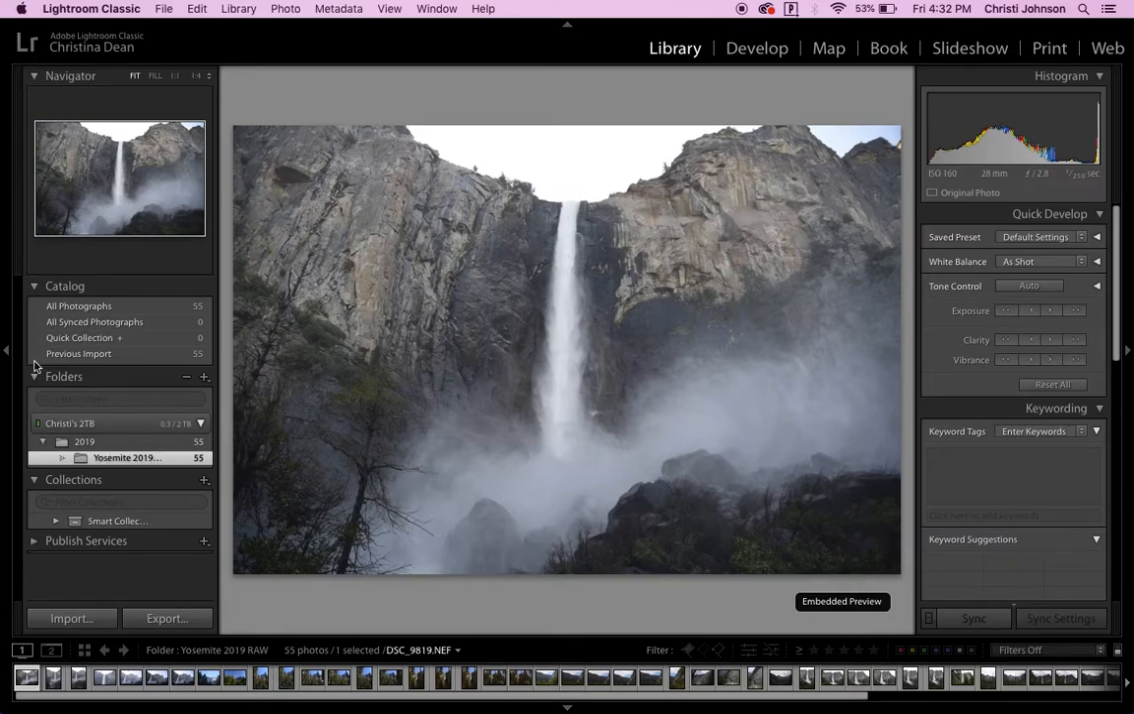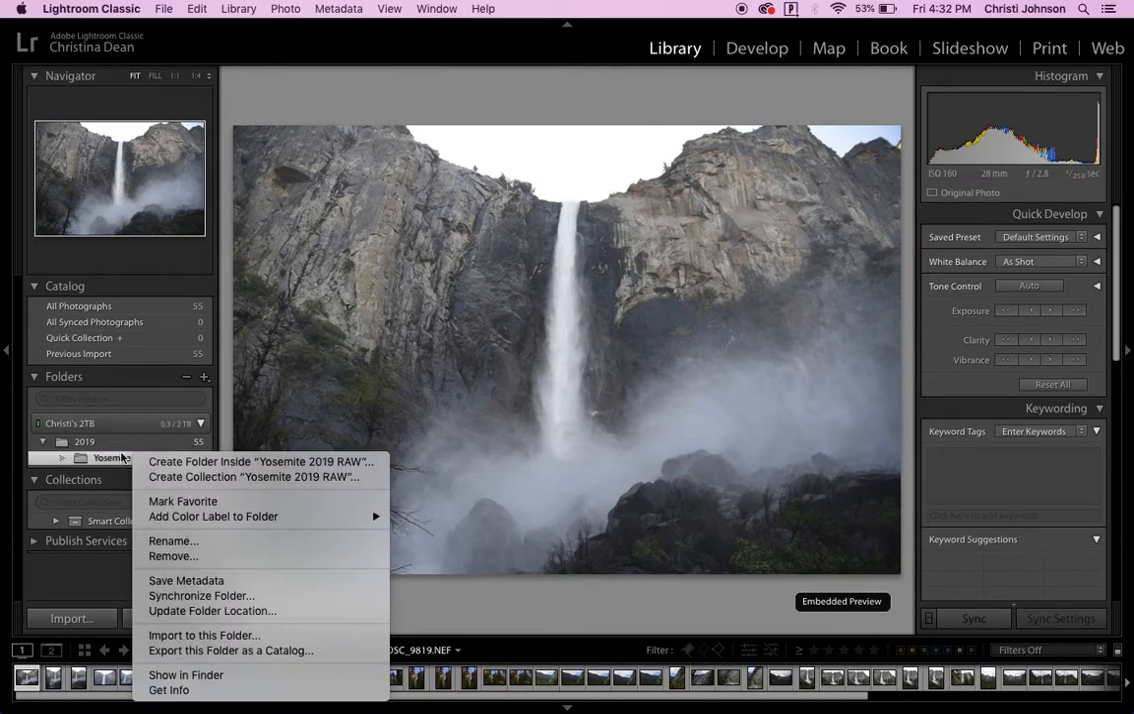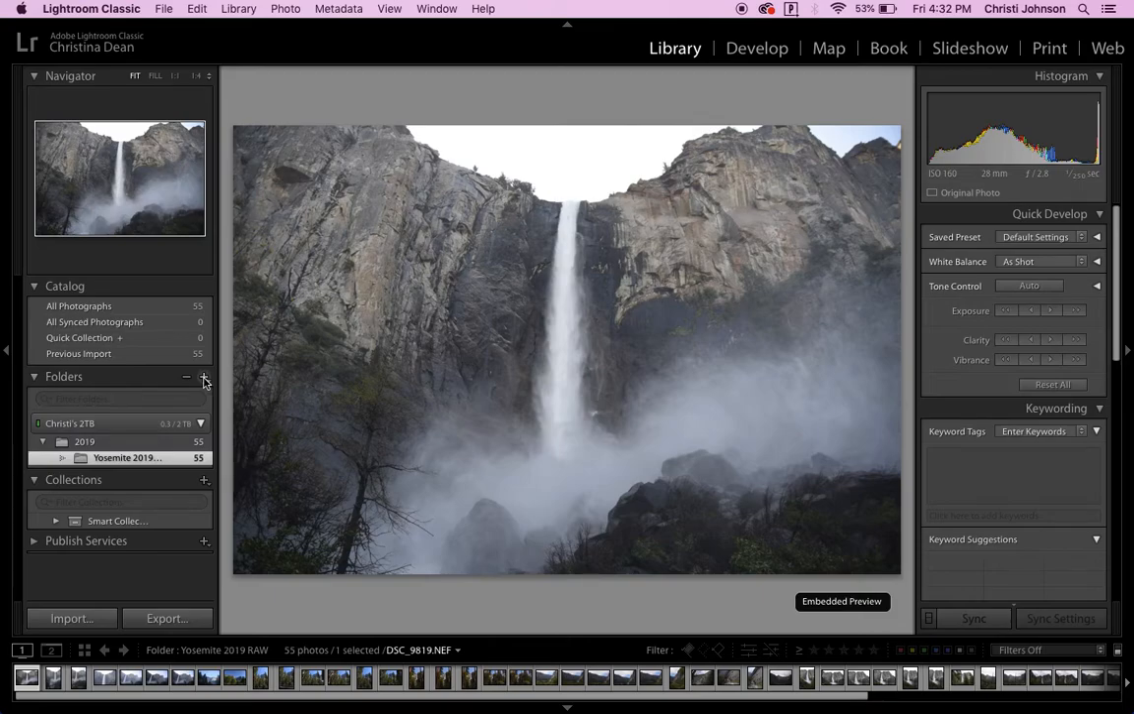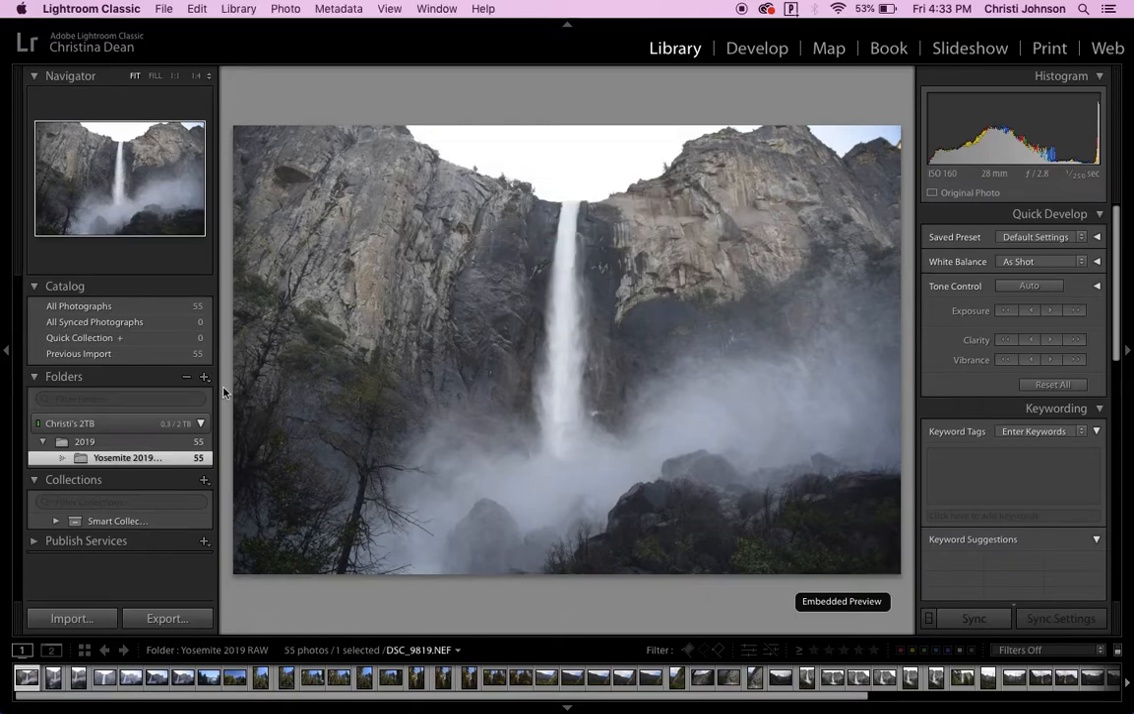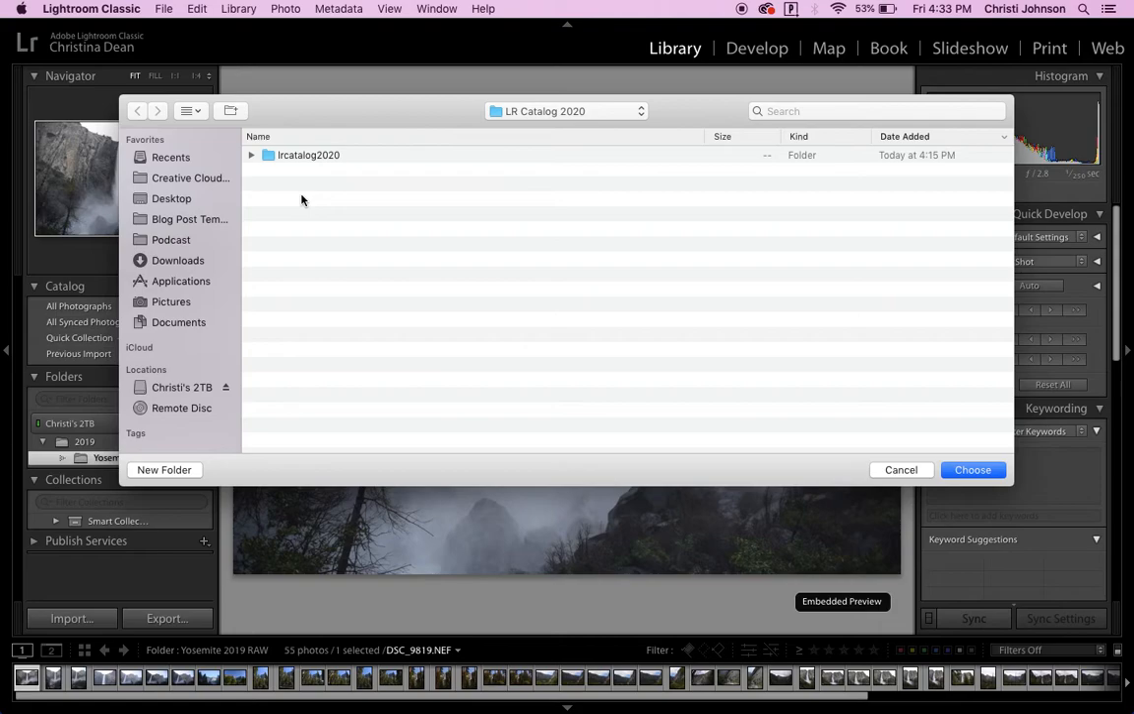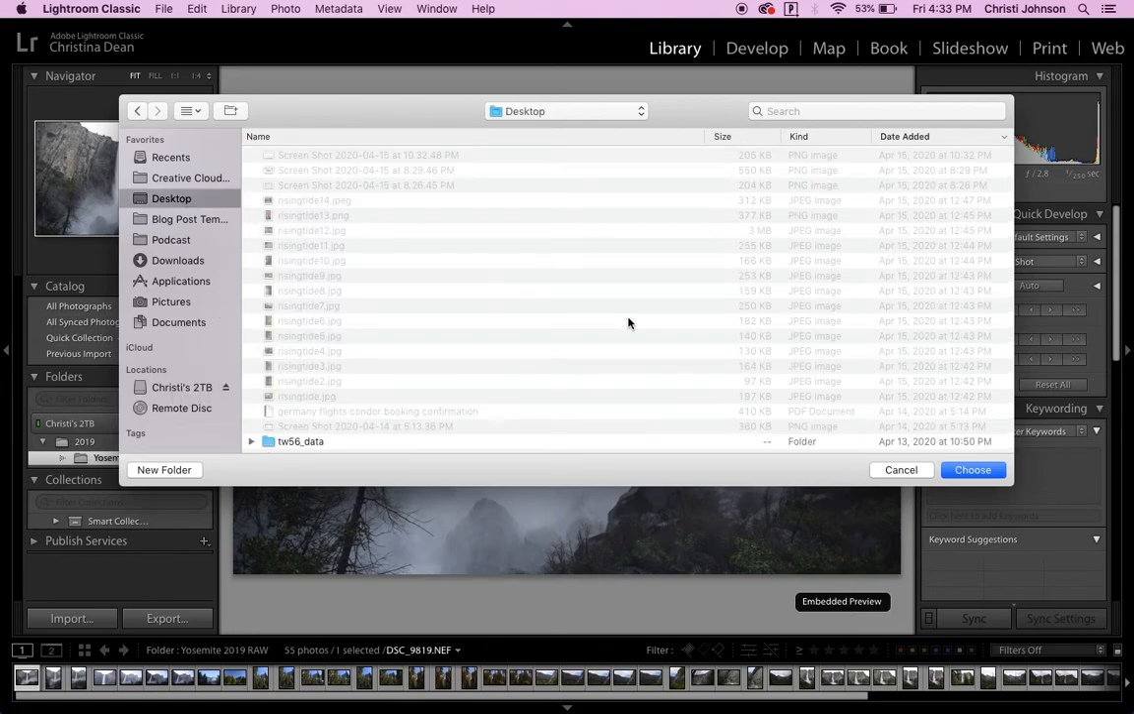So you can scroll over here in the folders section. You'll see that this image is coming from the Yosemite 2019 raw file. Now, if I want to move it, let's say into a new folder called Edited or something like that, then I can just select Add Subfolder, and then I can name that folder and add it, and it'll say put inside Yosemite 2019 Raw. But I can also add a new folder, and then I can select where I want it to go, and let's say I maybe want to move them to my desktop for some reason, then I can create a new folder here,